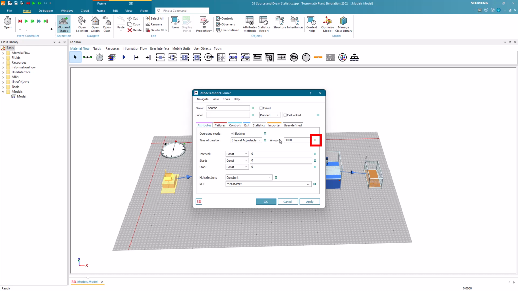As soon as you change the amount of produced parts, you will see that the checkbox next to the field is changed. This denotes that the inheritance of this attribute of the instance is cut. In this way, the source is not inheriting the value for this attribute from the origin anymore. If you want to turn on inheritance for this attribute, just click the checkbox and click Apply.